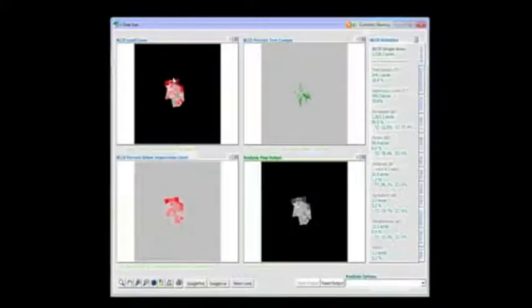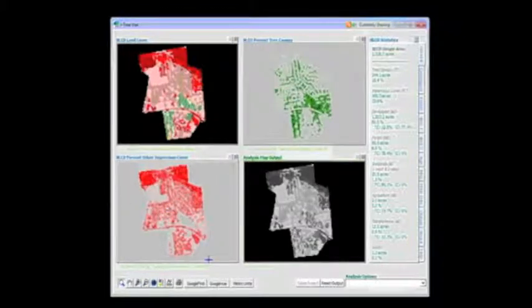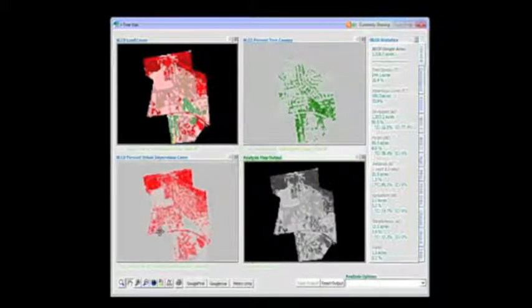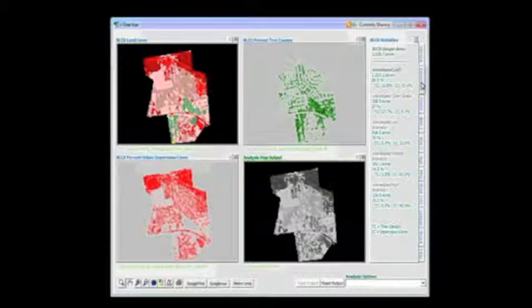So View is set up, this is the main screen. View is set up with 4 windows, with a simple map control bar, toolbar down at the bottom. Each of the 4 windows is tied together, so when you zoom or pan, they all move together. The NLCD data, tree canopy, and impervious cover are all statistically tallied up, in this case on this general tab on the right, giving you the total tree canopy in acres, impervious, etc., the aggregated land cover classes, developed, forest, wetlands, etc. Within specific land cover classes, we break it down further as far as we can with the NLCD